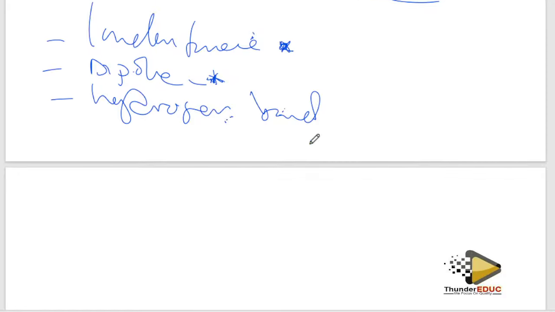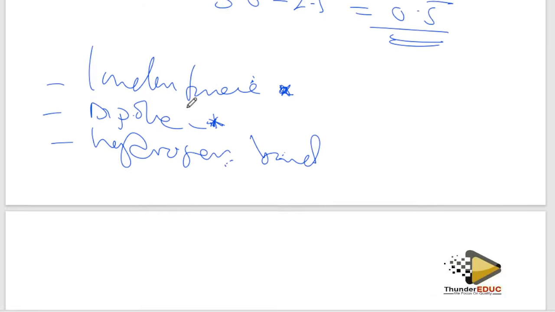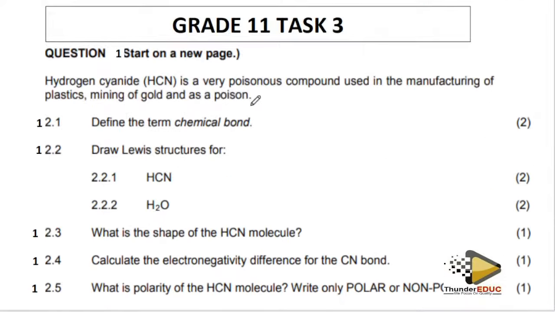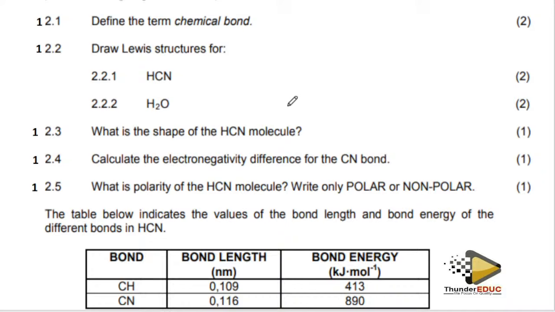So let me show you the different questions. Other things I'll talk about later. Let's do these questions. Define what is a chemical bond. When someone says what is a chemical bond, what do you say? Don't forget that I told you that a chemical bond must be a force of attraction between the what? Between the molecules. You understand?